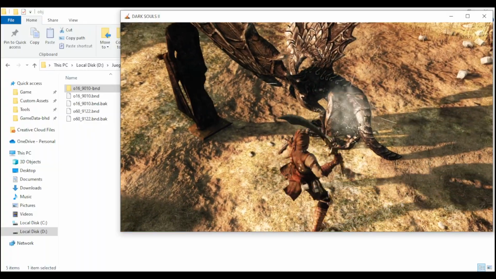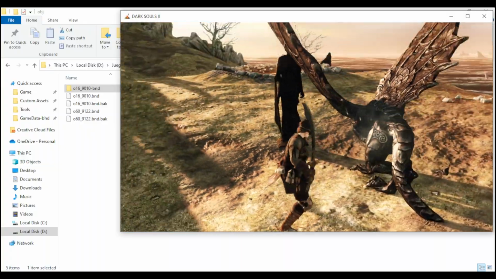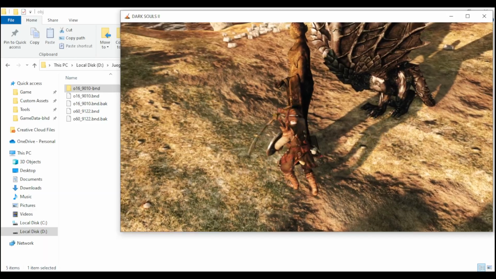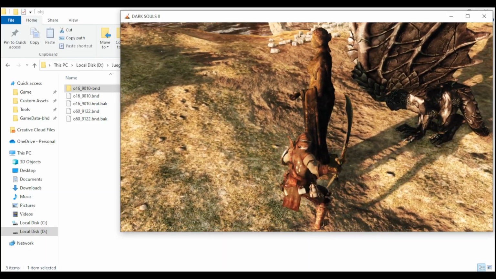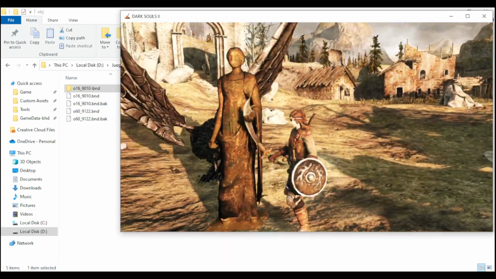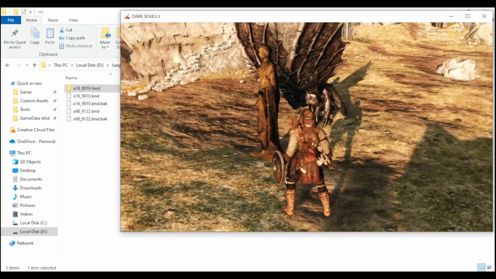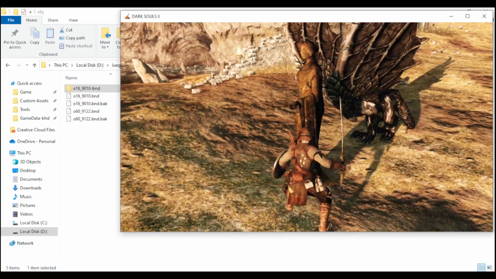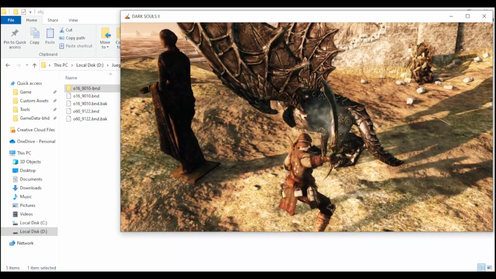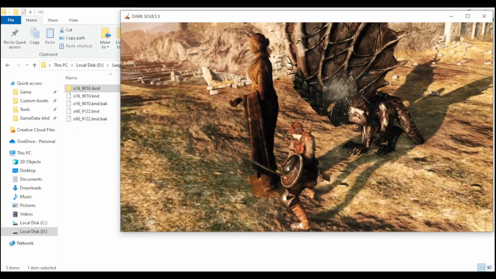The only thing is that this collision doesn't clank when you hit it. You know when you hit a wall and it clanks? This collision doesn't clank, and the reason why that happens is because